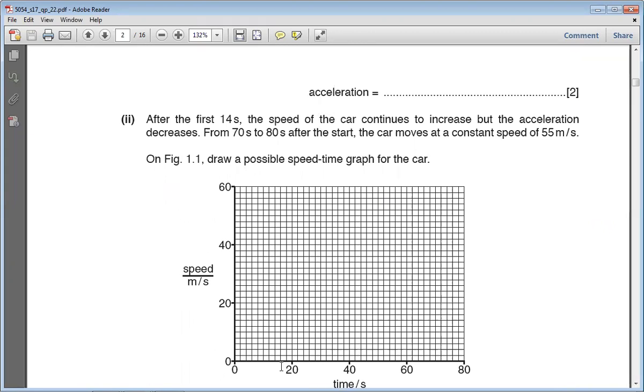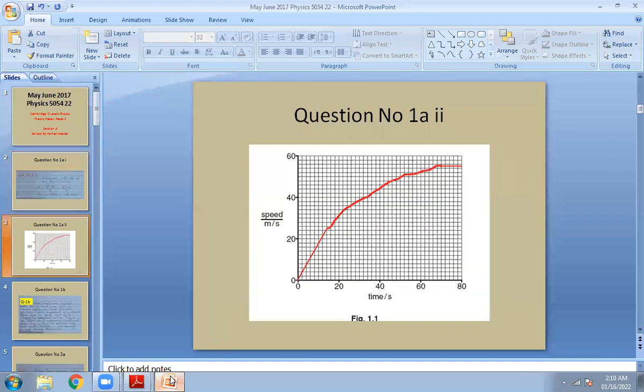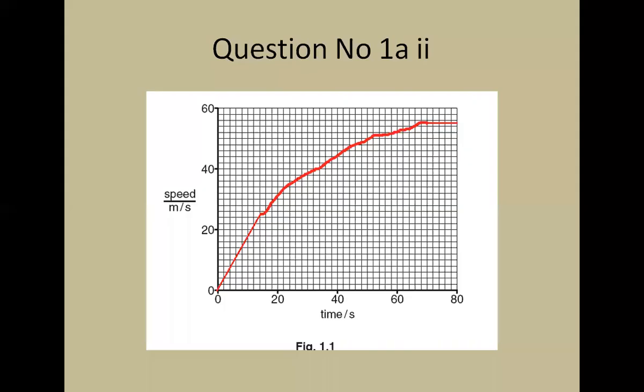And I can tell you, in the first 14 seconds, the speed attained by the car is 25 meters per second. And then from 20 to 70, it will attain a speed of 55 meters per second. And then from 70 to 80, the car will move at a constant speed. So let me show you how this is represented on a graph. And here we go. So here you can see I have shown this is the speed. Here we have time. So in the first 14 seconds,